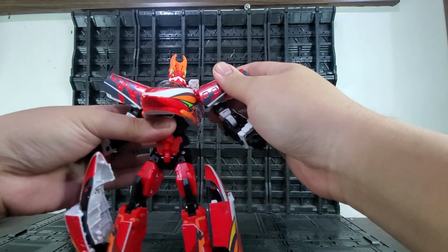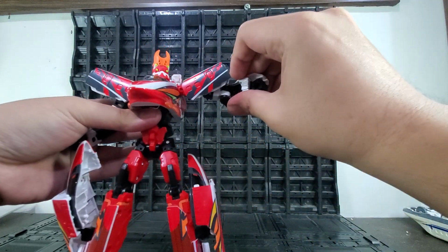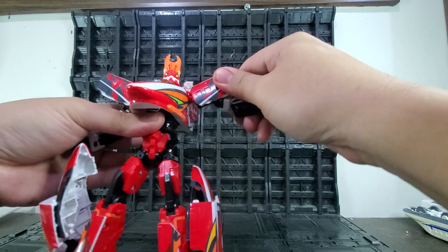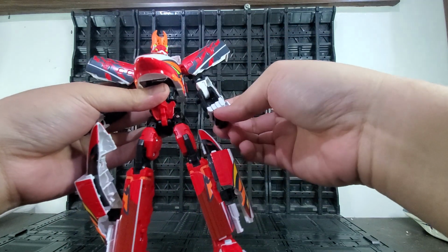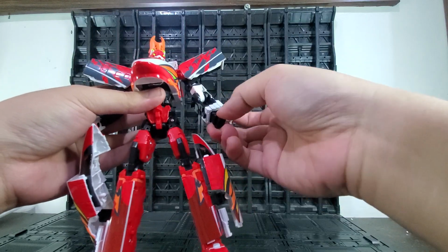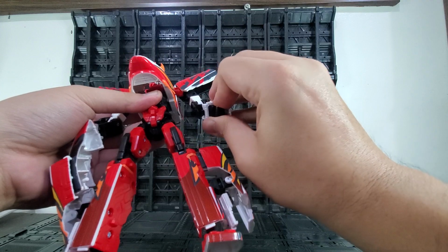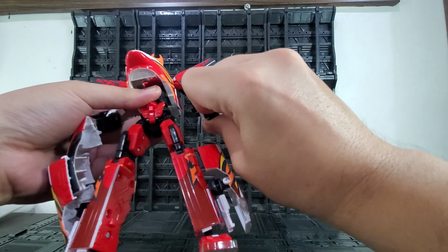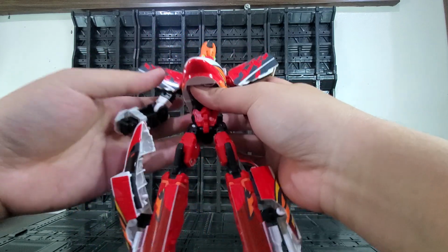It swings down, and then bicep on a mushroom peg. You can pull it all the way out there, and the fist is actually. You've got wrist articulation, which is great. You can get some pretty